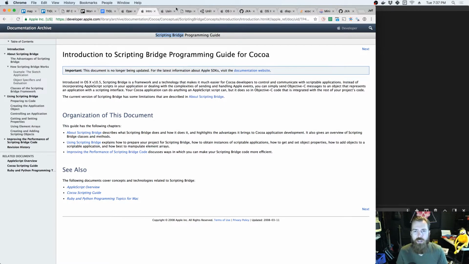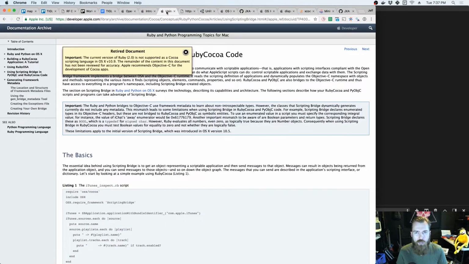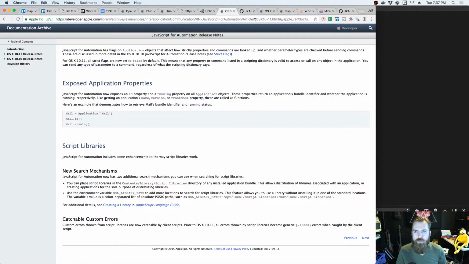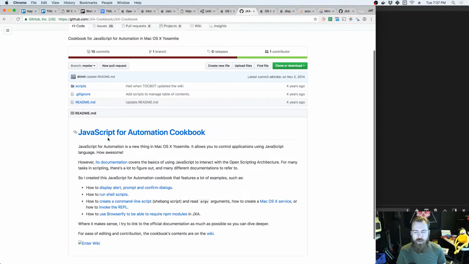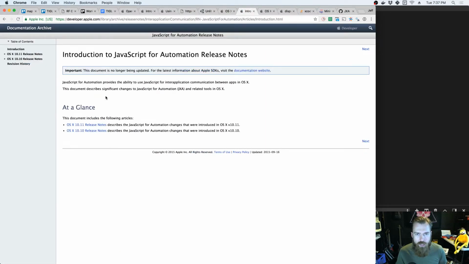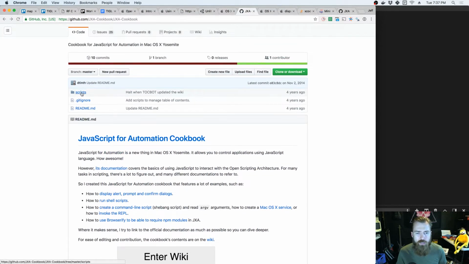We got a schema for all these applications. Then you can do AppleScripty things. Well, it turns out they recently added native support for JavaScript, and so you can just tell OSAScript that you want to run some kind of the AppleScript open scripting environment, but run JavaScript. So it's called JXA, and it's fairly recent, and almost nobody is using it, but there are some people that are documenting